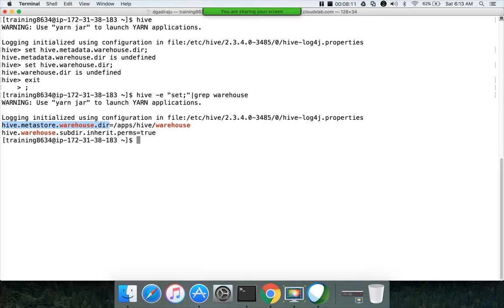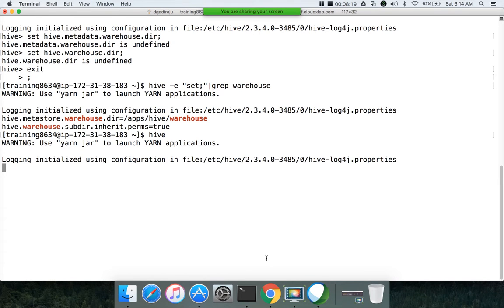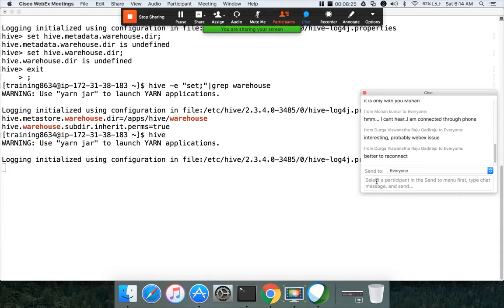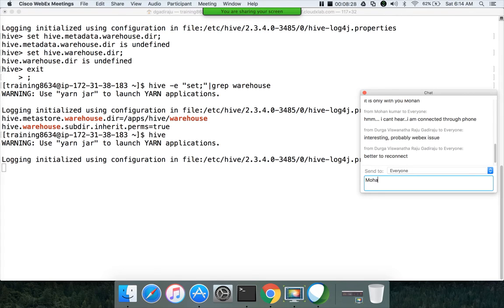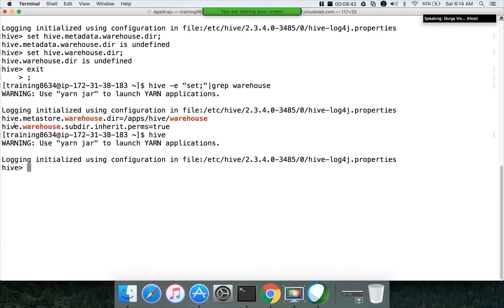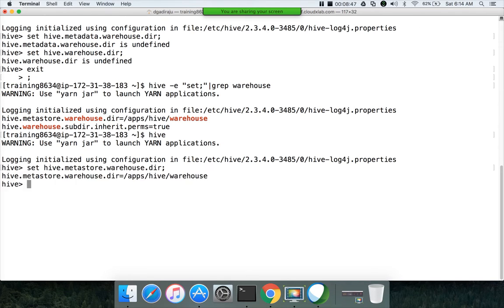Okay, so now if I go to Hive, we can run this command to set this parameter, and you can see the parameter value is apps hive warehouse.